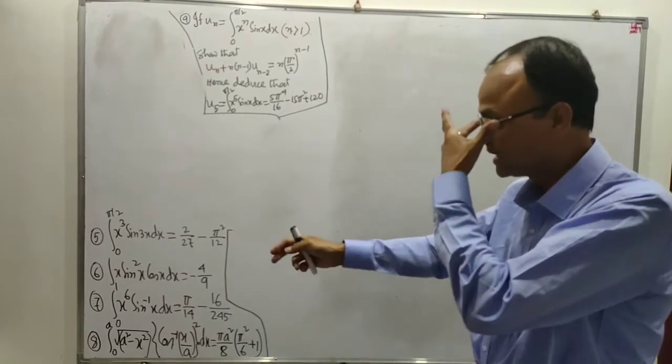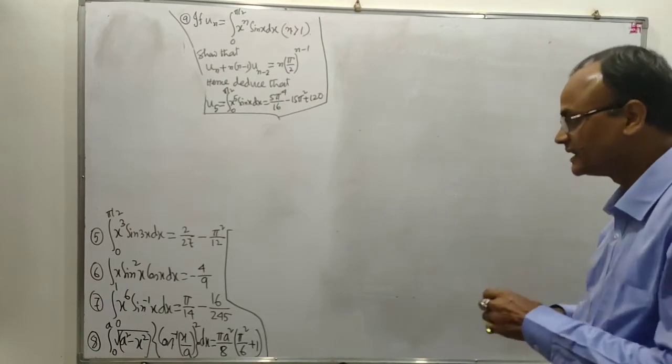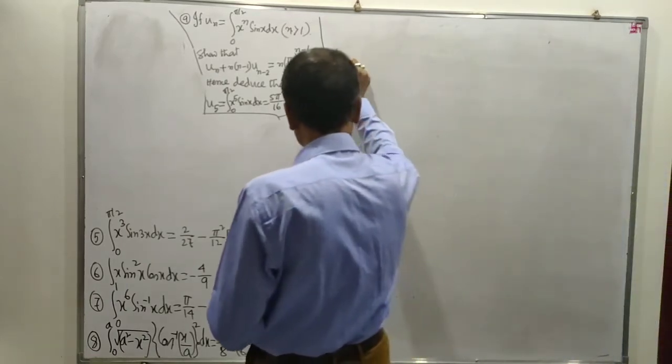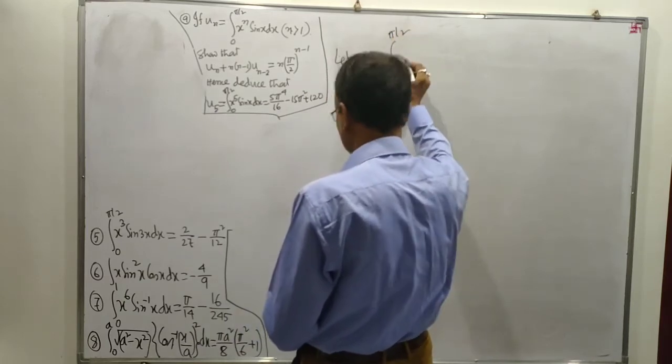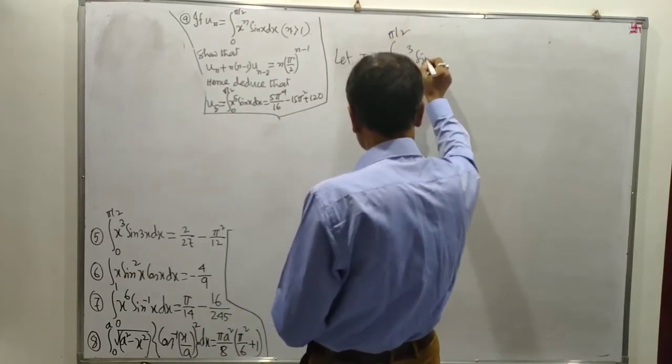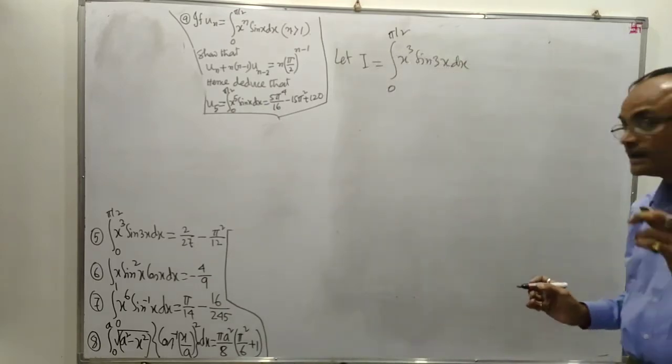What is number 5? Integration 0 to pi by 2 x cube sin thrice x dx. Let I equal to integration 0 to pi by 2 x cube sin thrice x. I equal to this. Now